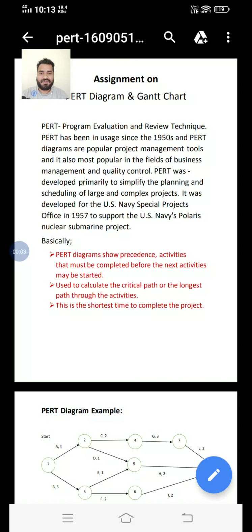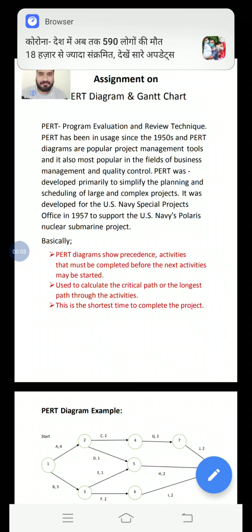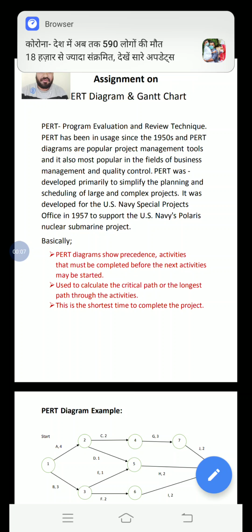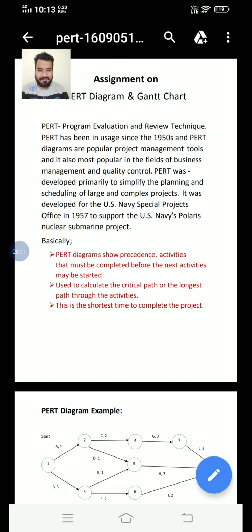Yes, student. Today I will explain to you about the PERT and Gantt charts. First of all, what is the PERT chart? PERT actually means Program Evaluation and Review Technique. It is actually a project management tool. With the help of this tool, we can